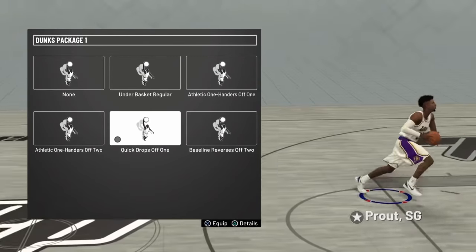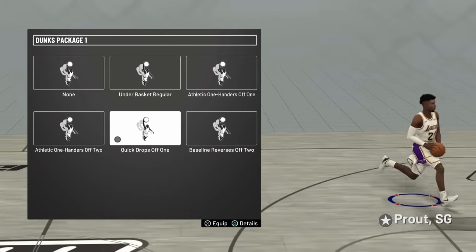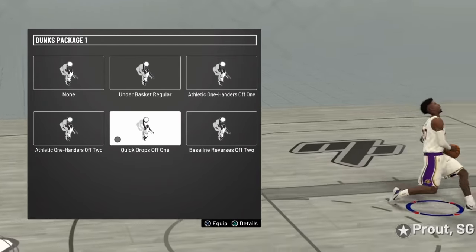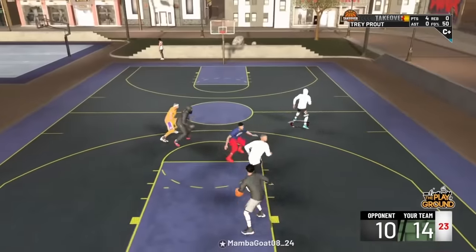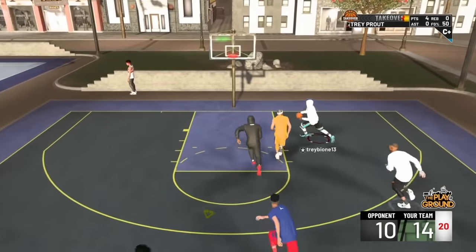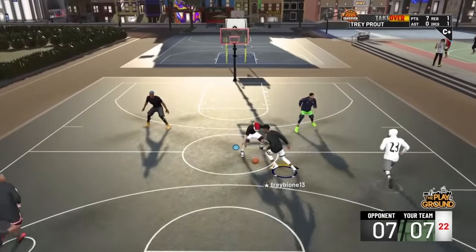It's pretty good, so I recommend that one. Now for your dunks, I have safe dunks because I'm not really into trying to get blocked all the time, trying to be fancy. I want to score my 2 points and keep it pushing. But these are really good for gliding to the rim and for posters. So you see right here, I basically dunk on both of them